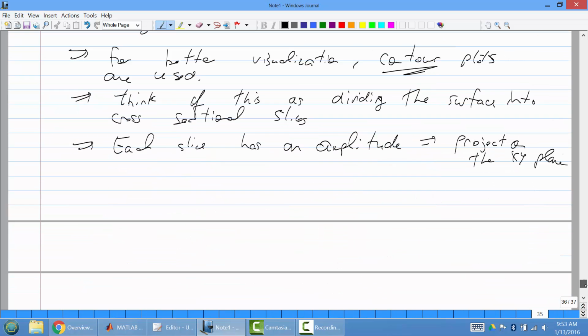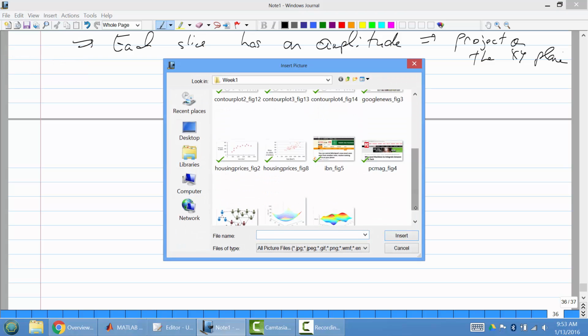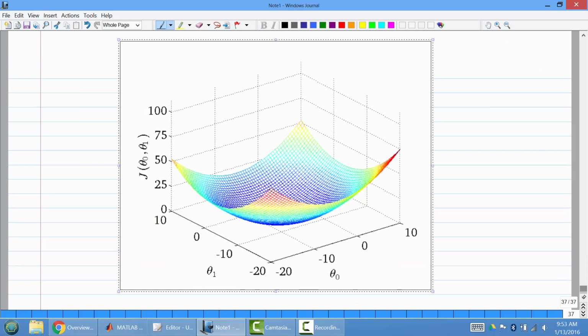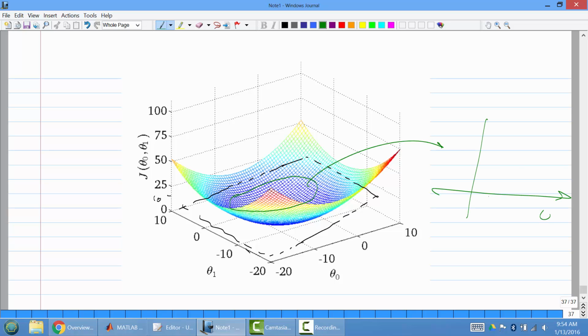Okay, so let me just go back to the example. So let's say I had this thing again, which was this figure 9. Here we go. Let's say you had this, and then let's say you had a cross section here, at I guess 10 or so, and it looks like this. When you do this, you're trying to find points that intersect with this cross section. So maybe it might look something like this. Okay, and then when you have a contour plot, you have theta 0 and theta 1, and it's going to look something like this. All right, and then all of this has the same cost, so